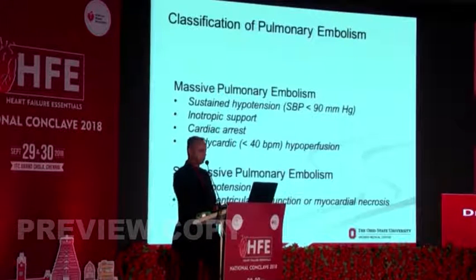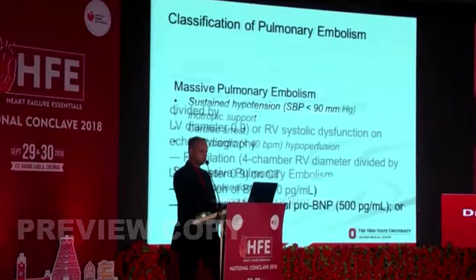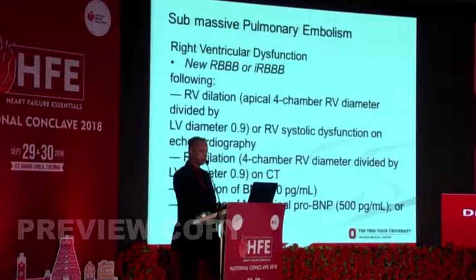Massive PE, sustained hypotension, systolic blood pressure is soft, less than 90 millimeters. They may need inotropic support. They present with cardiac arrest, or they're very bradycardic. In submassive PE, no hypotension, and there is some myocardial necrosis on cardiac enzymes, or there's RV dysfunction on echo or cardiac CT. The other changes are new right bundle branch block, and then I already talked to you about